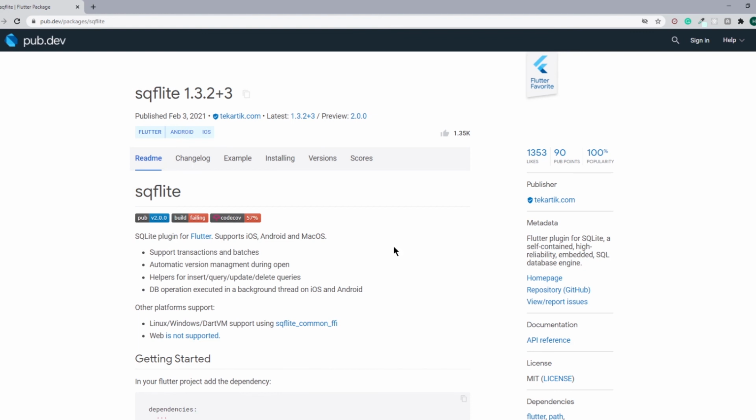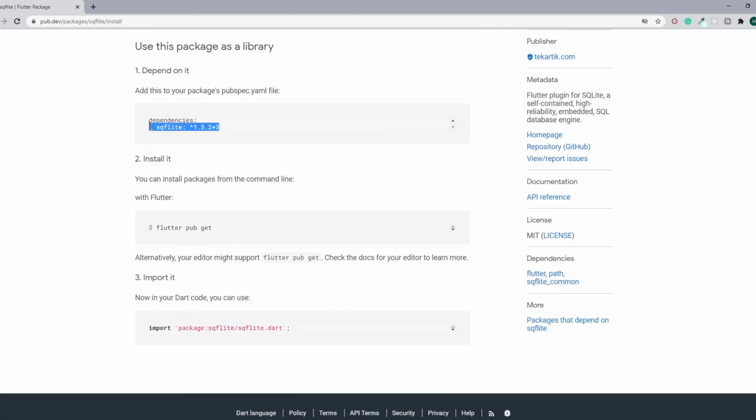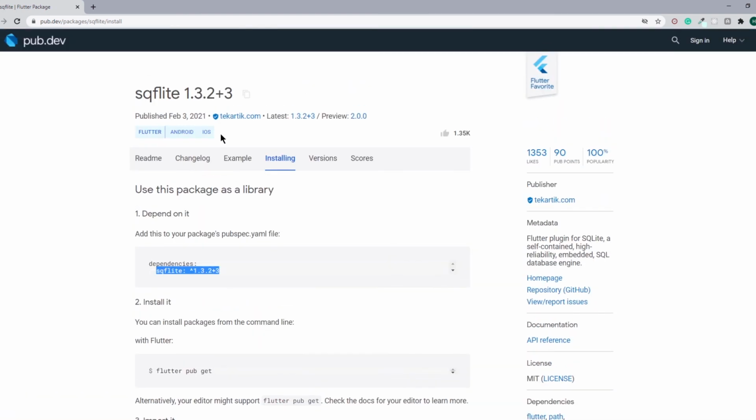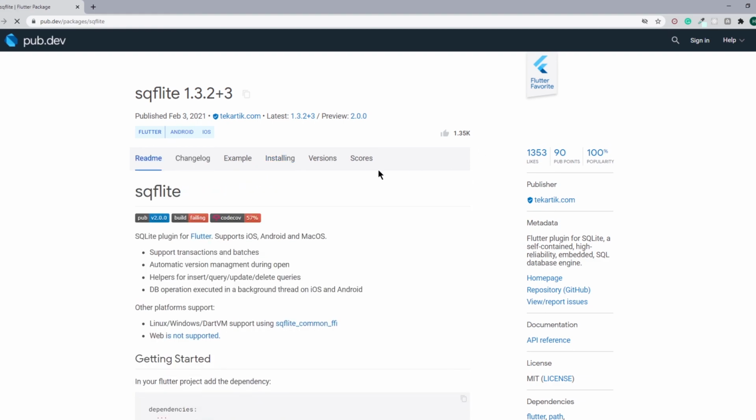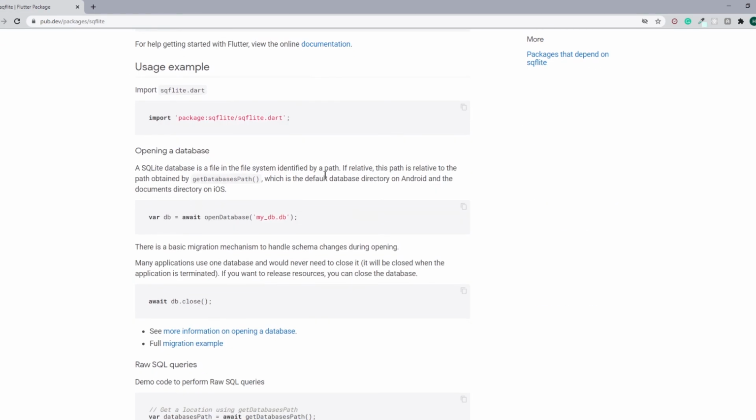So here is my screen. When you visit this page, you can directly move to the installing part, and from here you can copy SQFlite along with the version, and then add it inside your pubspec.yaml file under the dependency section, and then you can start working on the SQFlite database inside Flutter.